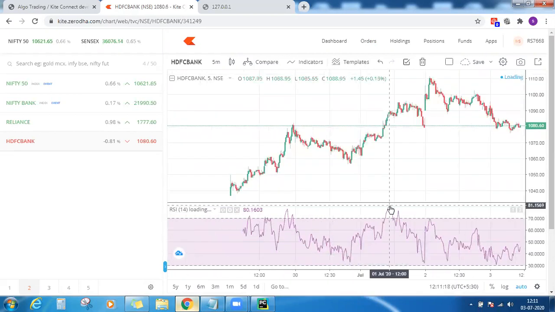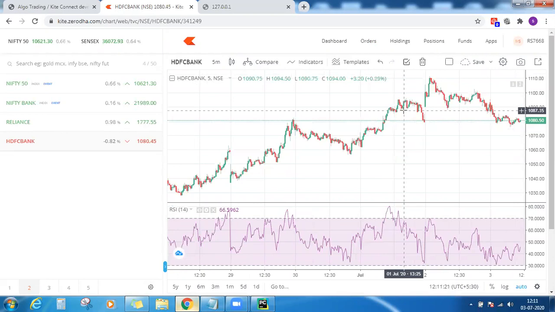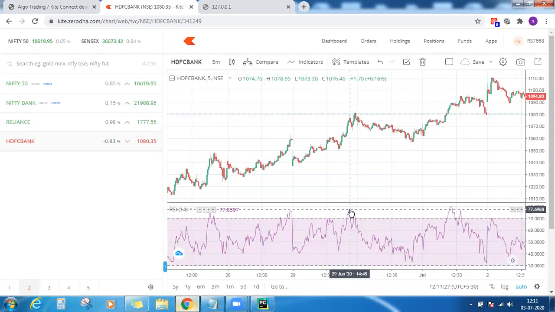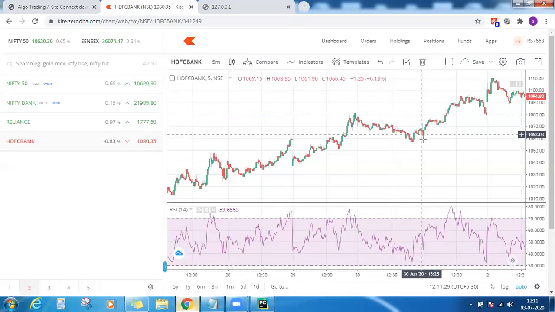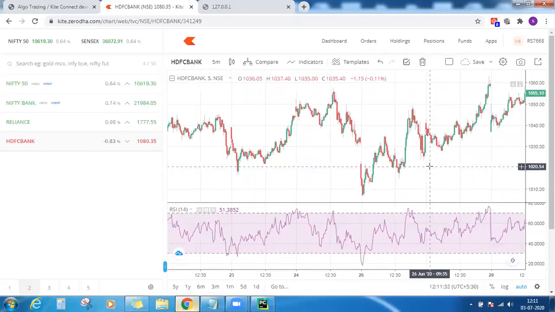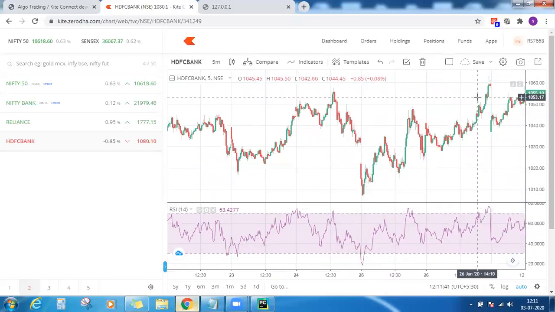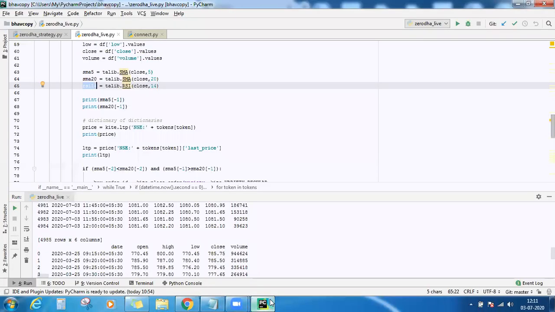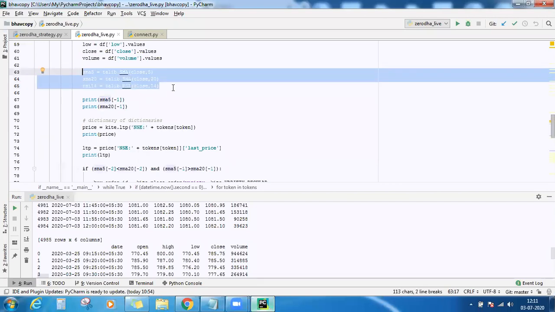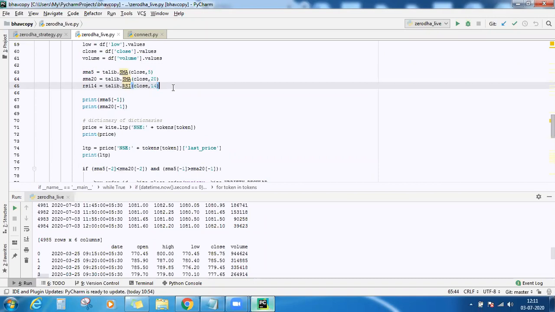So here it is. When it went to 80, it rejected a bit. Similarly, here the value of RSI is around 77, and from there it got reversed. I'm not saying that you need to use it as overbought or oversold, just an example. So if RSI value is less than 20, you can go for a buy. So any indicator, any candlestick pattern, you can get it using TA-Lib or your own Python file which has the code for it, the indicator value or the candlestick value, and then you can use it inside this live scanner.